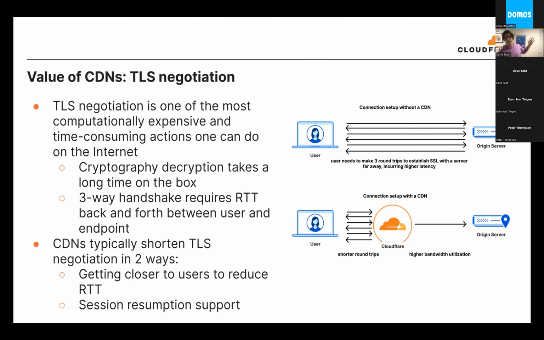And that leads us to TLS negotiation, which is, fun fact, one of the most computationally expensive things you can do on the internet, because cryptography is hard, and it's even hard for computers. It takes a long time on the box. When I was at Microsoft and we were debugging performance issues, we saw that we were doing way too much TLS negotiation. So we rolled out session resumption, which is RFC 5077 for those playing the home game. That allows users to pass back a session key, which automatically resumes a TLS session, which removes the need to do TLS session negotiation.